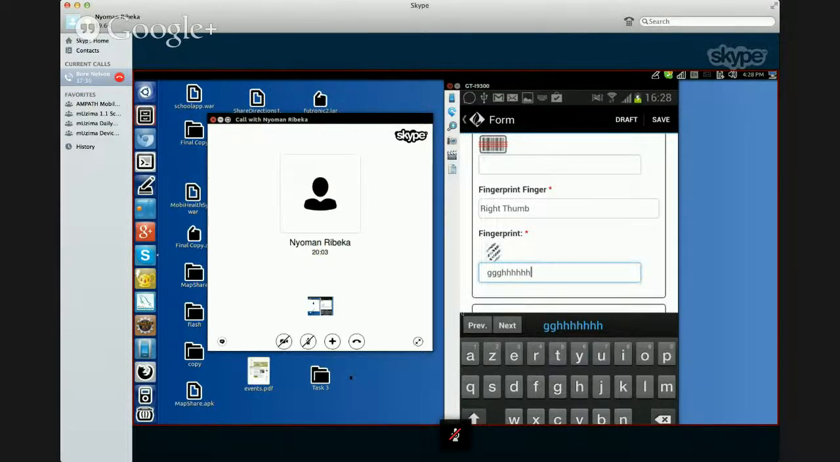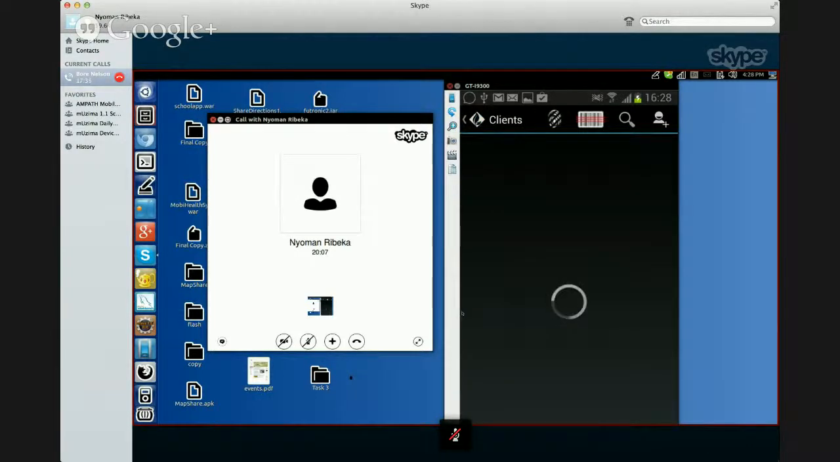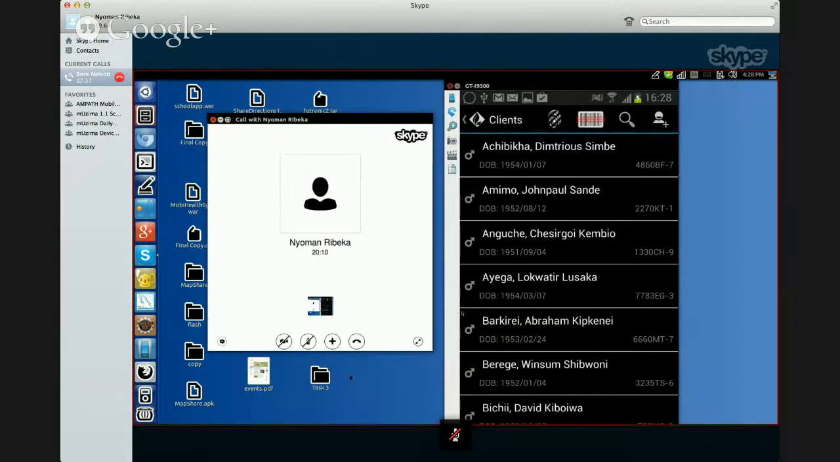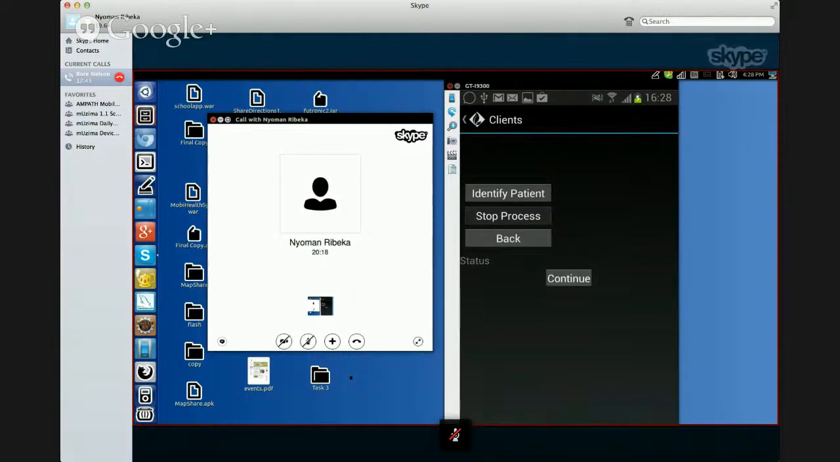So that is adding a new client. When we have a person that's already registered with a fingerprint in the system, like now Horatio, you tap on this button, it gives you a screen to identify the patient. You can either stop the process or go back and then continue. So if you click on identify the patient, it will identify the patient from the given cohort whose fingerprint